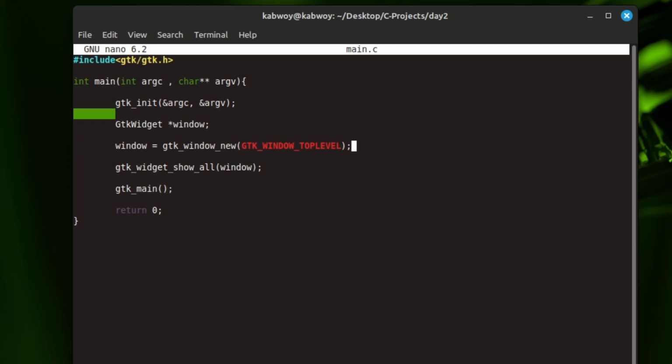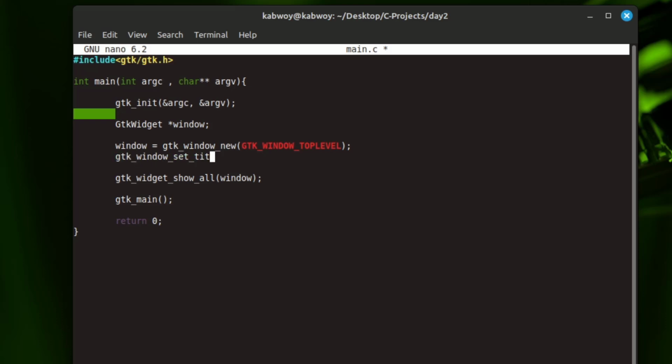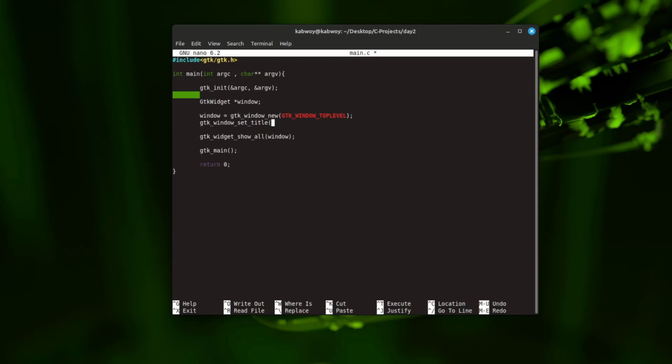Then after here, I will write the function that will set the title in our main window. The function is gtk_window_set_title, followed by the parentheses. Then we pass in the name of the widget, which is the window we want to put the title on, followed by a pair of double quotes, which indicates that it's a string, and which will hold the name of the title. So we can say example